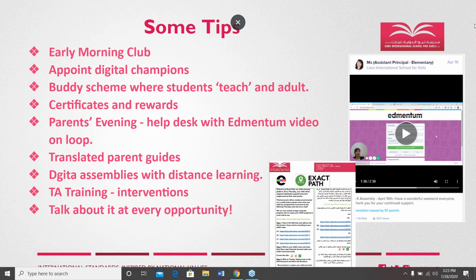So they teach us how to use Exact Path, because of course they're not using Exact Path on a day-to-day basis. Shakila talked a little bit about certificates and rewards. That's been a real good way to motivate students on a weekly basis. We also have holiday champions. So when they come back after a holiday, we give rewards and prizes for girls who've really worked hard at